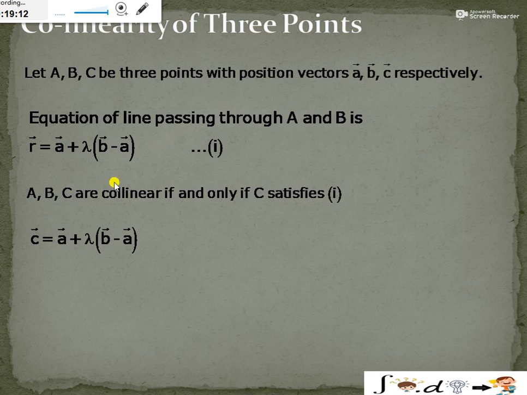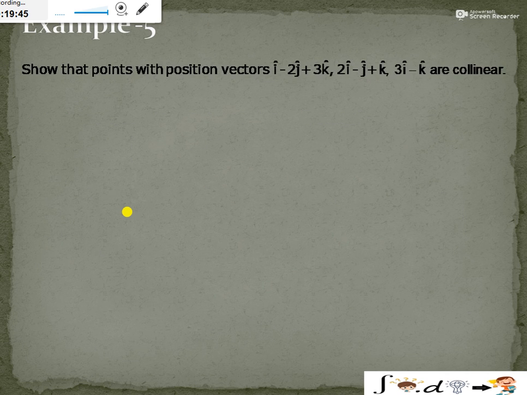ठीक है, ये हम use कर रहे हैं lines के लिए। अदरवाइज जो है ना, हमने direction ratios में भी किया था कि हम AB की direction ratios, BC की direction ratios भी find करते हैं। अगर AB की direction ratios और BC की direction ratios proportional होती हैं तो हमारे पास lines क्या होती हैं, AB is parallel to BC, तो B point common होता है तो ABC collinear होता है। ठीक है, वो direction ratios का concept था, अब हमारे पास line का concept है। ओके, and now see the example, show that the points with position vector